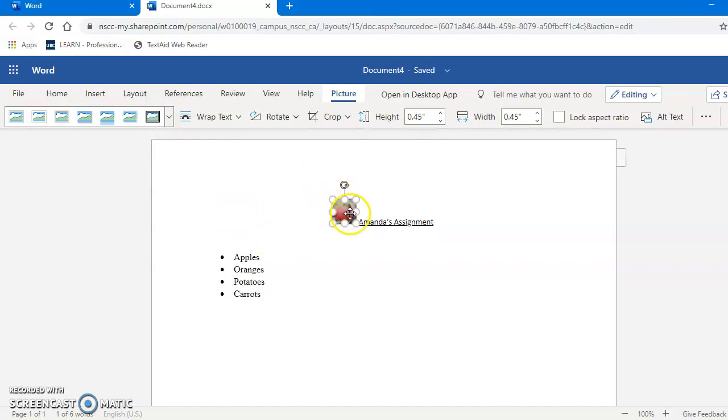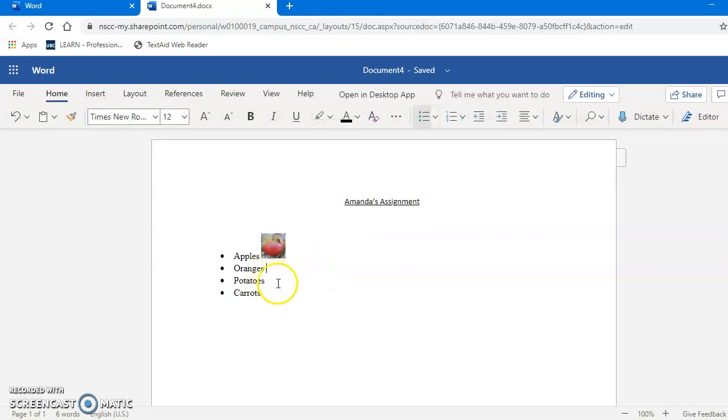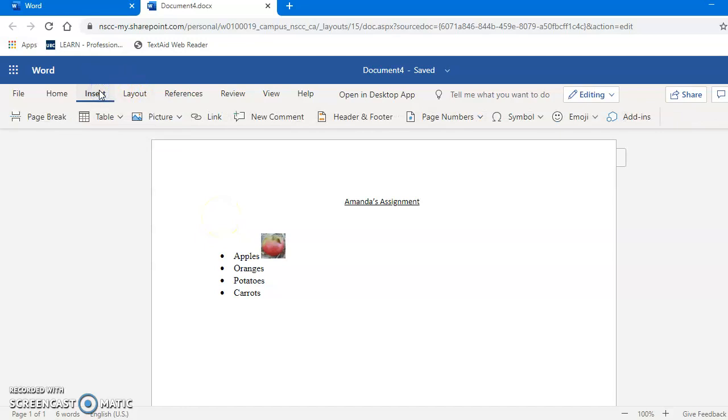And you can move it right next to the apple there. So that's another thing that you can do if you wanted to add photos or like a picture. If you want to make a chart,